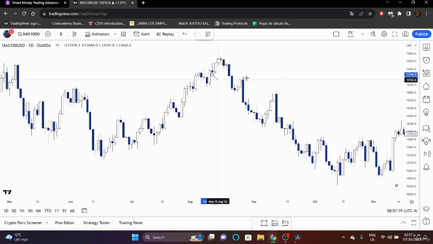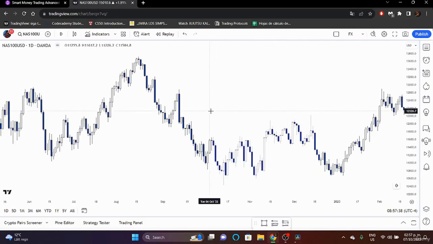Here, is it a balanced price range? Not really, because as you can see, this candle does not trade through it. Okay, there's no BPR here, so there's no balanced price range. Okay, but where do we have one? Right here. Right here we have a BPR. However, I don't know if this is the one that we used already, but